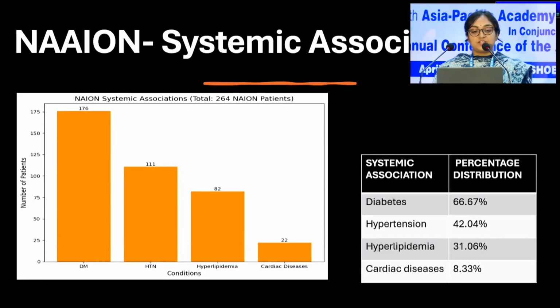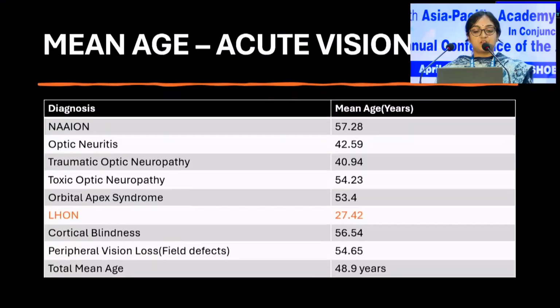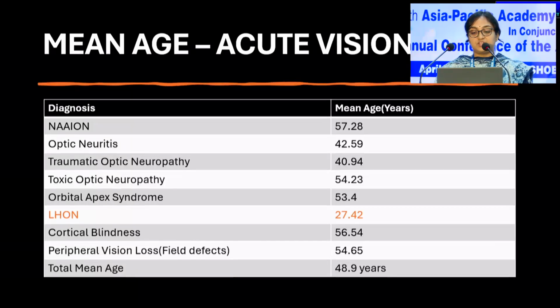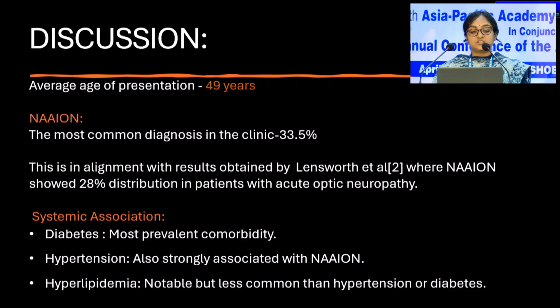Being the most common presentation, we evaluated the comorbidities as well. Diabetes being the most common comorbidity with 66.67%, followed by hypertension at 42.04%, followed by hyperlipidemia and cardiac diseases. The mean age of acute vision loss was found to be around 48.9 years, with LHON being presented at 27 years. So the discussion, average age of presentation was around 49 years, with NAION being the most common diagnosis at